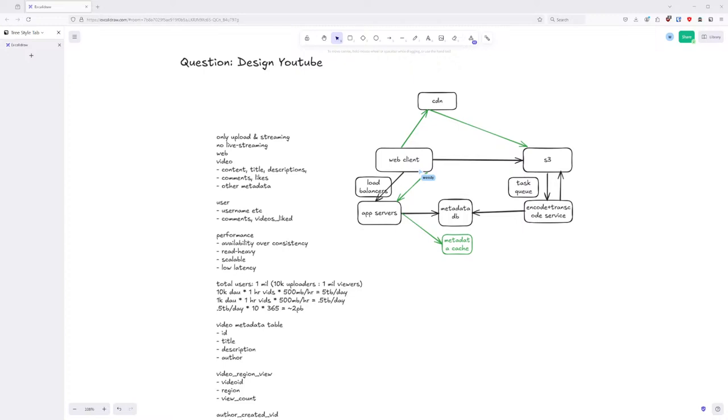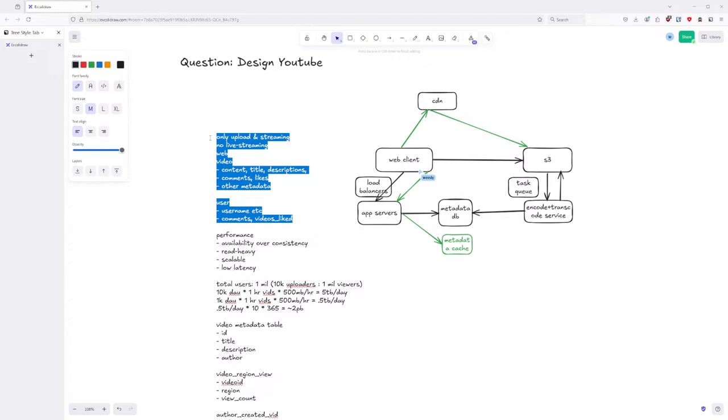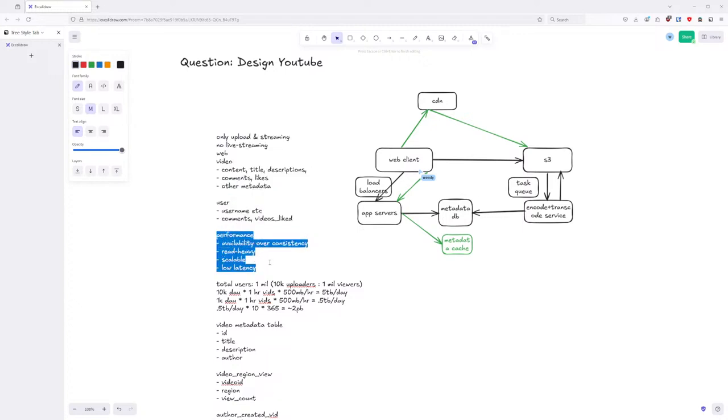It's good that you started with the overall process, right? So it's good that you started by outlining what we call the product requirements, right? So these up here are the product requirements. This here are the functional requirements, or performance requirements as you call them, right? It's always good to start with these two first, and the reason is because you can't actually do anything without nailing this down, right? So it's always good to start with this first.